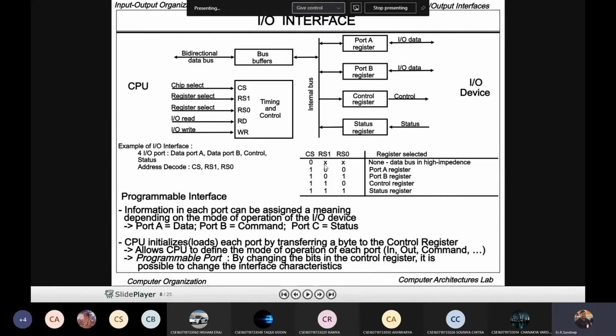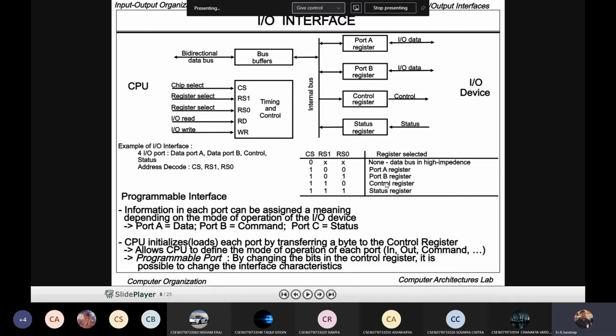Suppose CS is 0 and RS0 and RS1 are not used; a cross mark is used for unused. So only if chip select is disabled and RS0 and RS1 are not used, in that case the data bus is in high impedance.